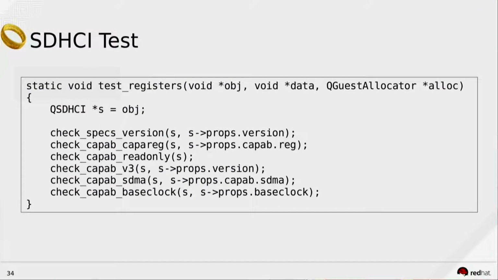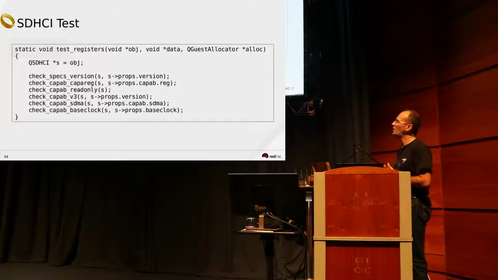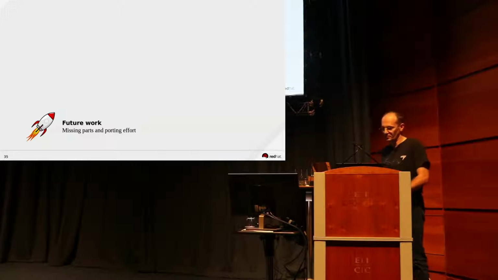And this is the test itself. We have removed all the stuff to have access to different kinds of bus or memory mapped versions of the chip, and we only have to write the test we want to run on the interface. So this is what we have for now.